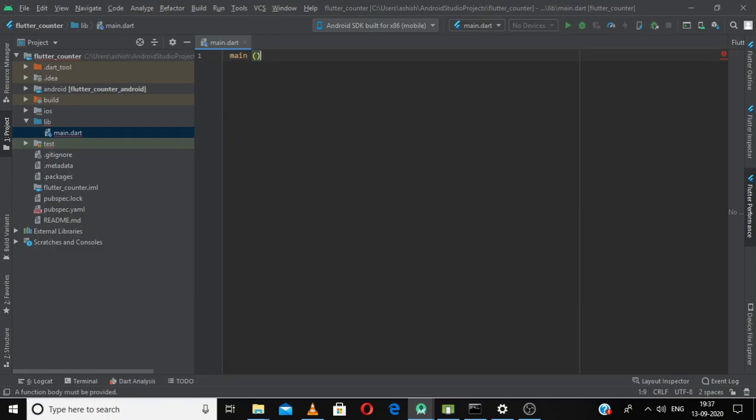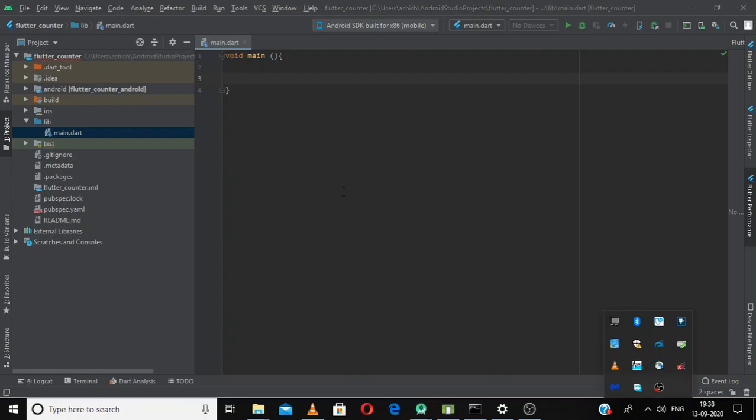This is the main function, where first, a function has a return type. In Dart, that is a mandatory thing. The void means this main function will not return anything to anybody. The next part is the simple braces. There we can put arguments, but at present main doesn't receive any arguments. And the next part is the curly braces where we are going to code the body of the function.